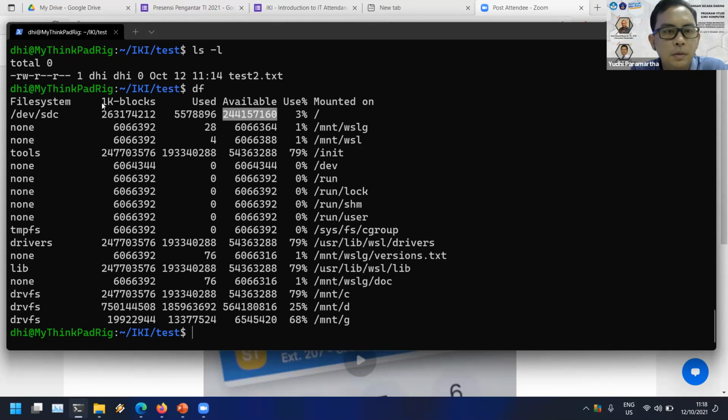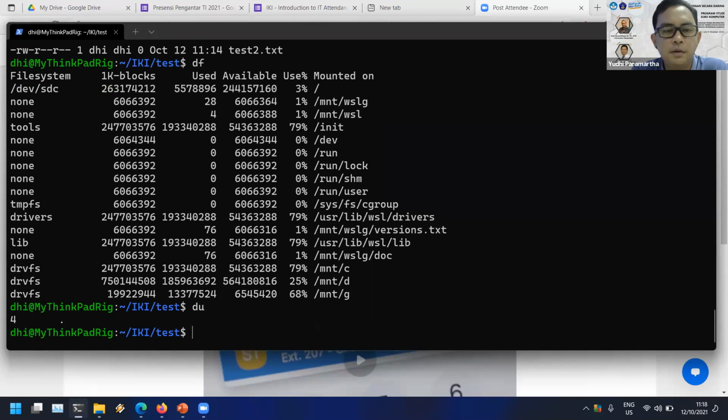Okay, I think it is in megabytes, sorry, in kilobytes. So one block, yes, it's in kilobytes. Okay, so it is about 244 gigabytes of available storage. Okay, and the du is to know about the information in your folder.